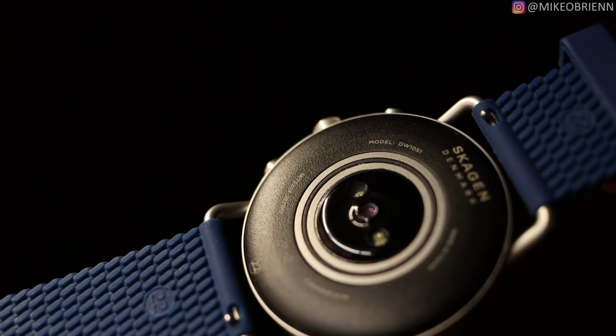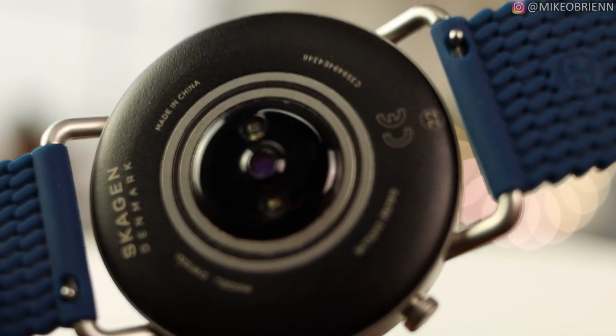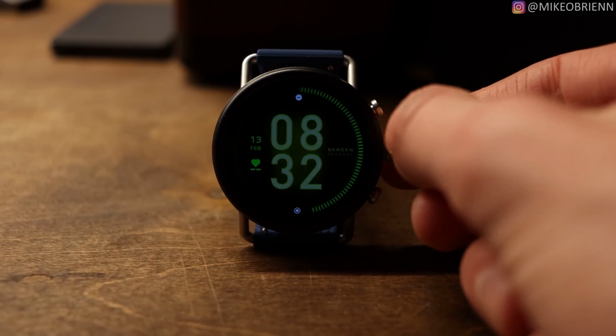Something I said was a drawback originally and is actually not a drawback on here was the underwater mode, is what I called it. And this actually does have a way to disable the touch to wake feature very easily. So if you swipe down from the top and go to your quick settings there and tap on the one that's the bottom center, then that will disable it. So if you're going underwater or if you're showering or whatever,